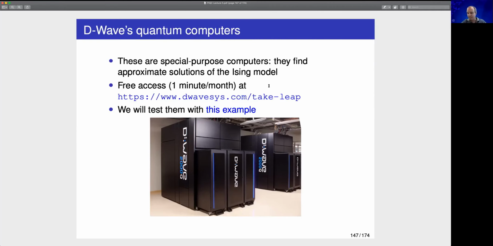In the case of LEAP, you don't have completely free access as much as you want, as in the case of the IBM Quantum Experience. You have a limited number of resources that you can use. It's, I guess, 1 minute per month, okay? But at least it's something that you can use to try some of these quantum computers and run some algorithms. Okay, so in order to use this, you can register for free following this link. I have already a browser with